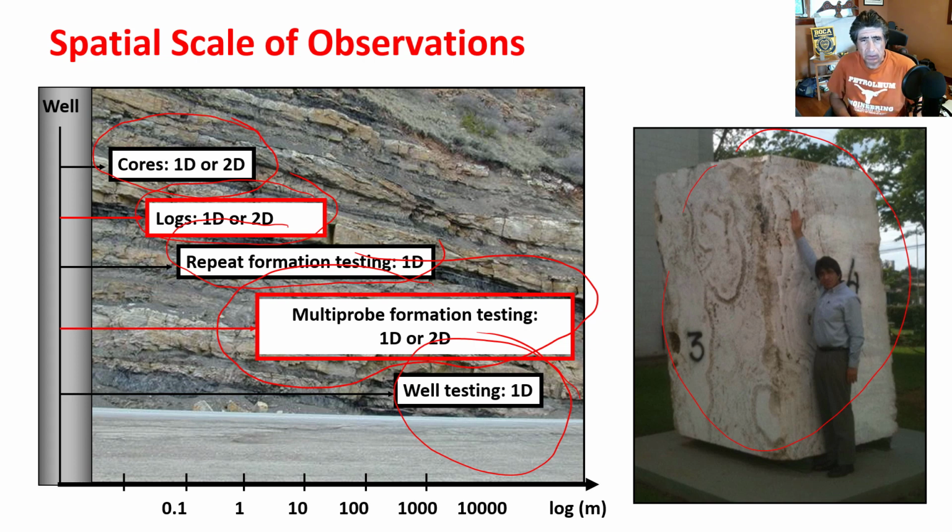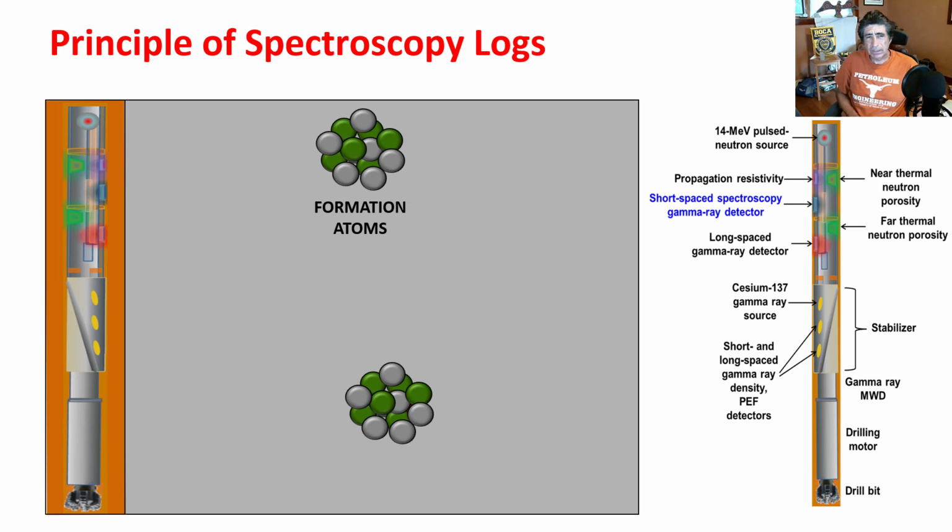So formation testers are particularly important in carbonates because of their variability. And that's the reason why I talk about dual packer formation testers as a way to estimate flow properties of these extremely variable rocks. Now, let me talk very quickly about the last advanced log that we often use